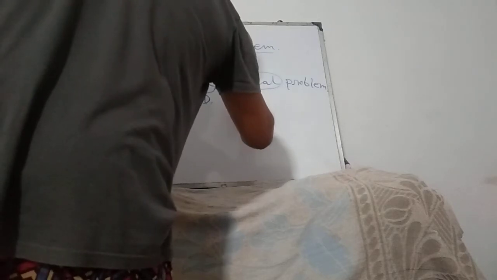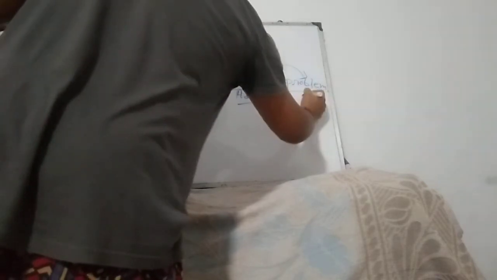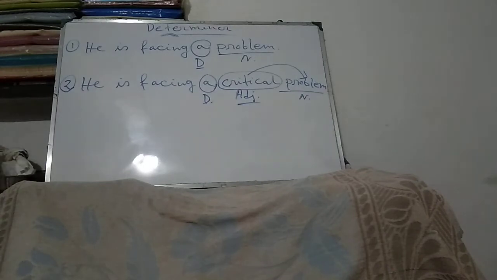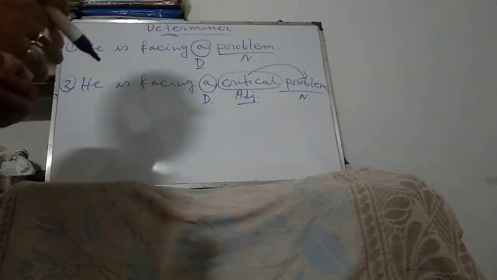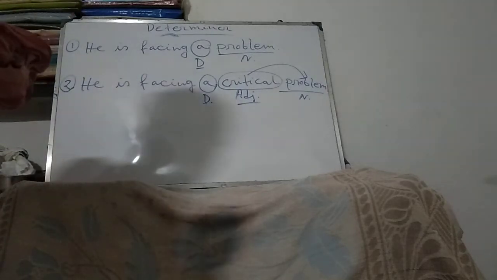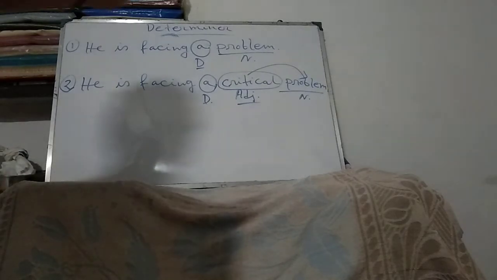And look here, critical, this word is an adjective, because it is describing the following noun. An adjective always describes a noun, that means what type or what kind of. That's why an adjective is also called a describing word, because an adjective always describes a noun